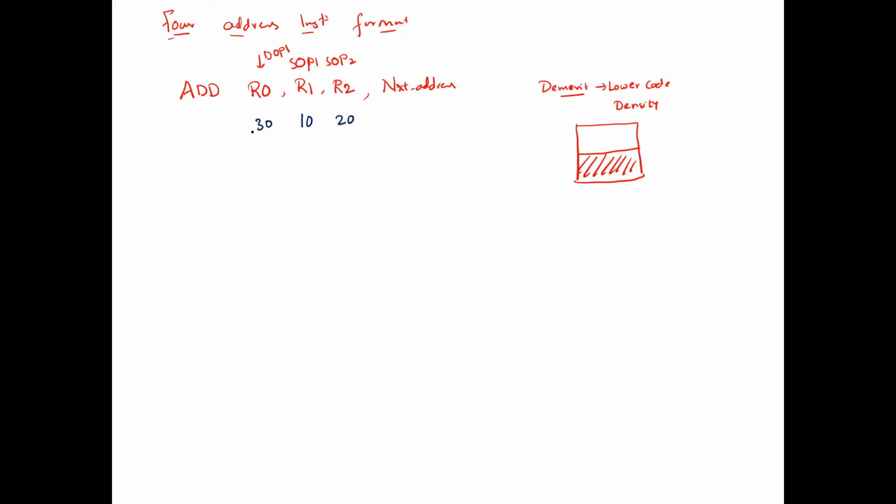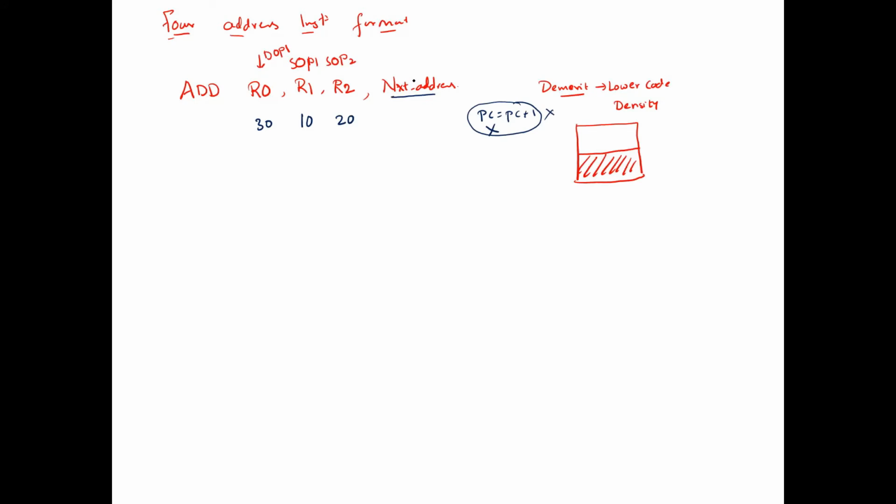After executing, here the PC value is not going to be incremented. PC equals PC plus 1 is also not required. Why? Because in the instruction itself we explicitly mention which instruction is to be executed next. There is no need of the PC.